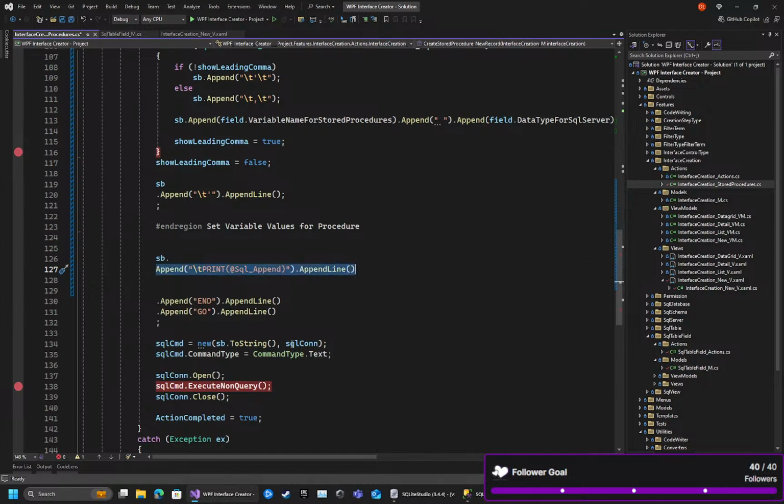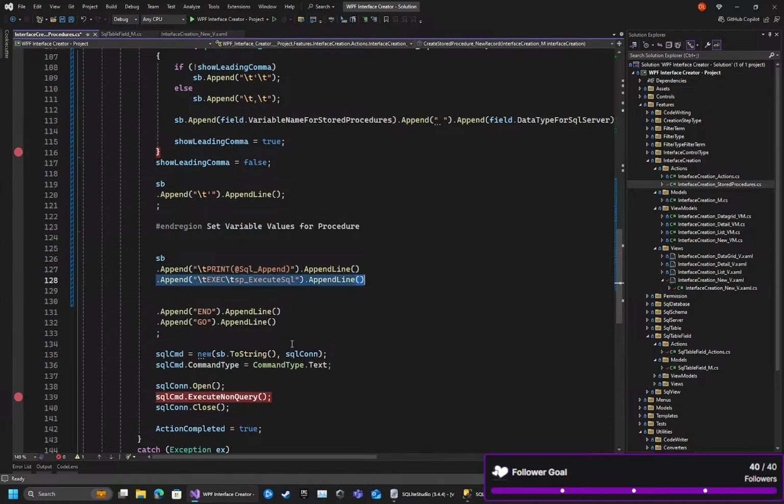Alright, and then it gets to the trickier part. So we have our tab, and we have EXEC, tab, SP underscore execute, SQL. Okay, that's append line, and